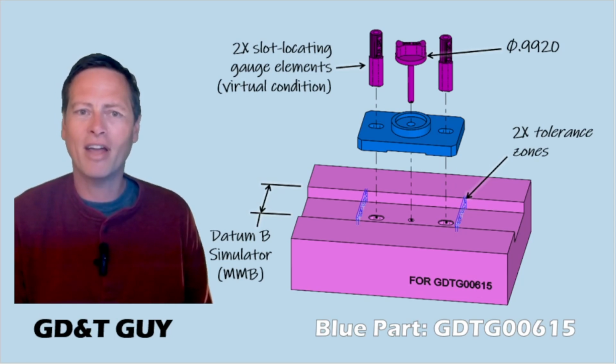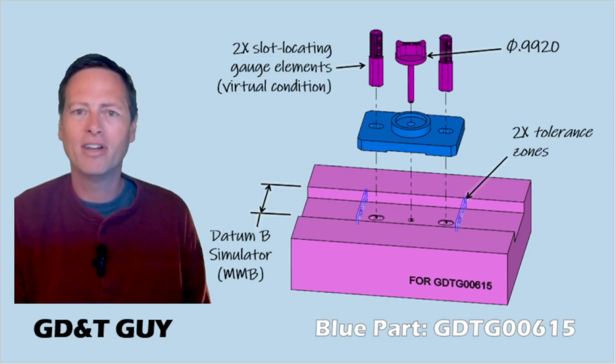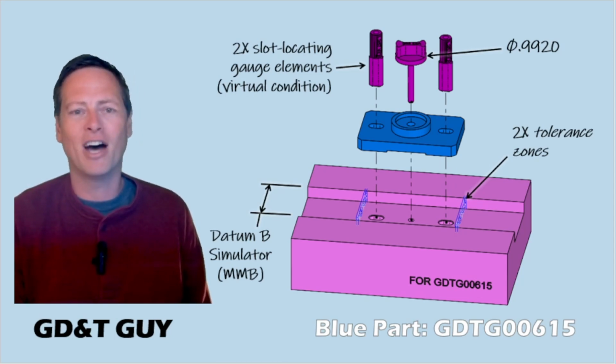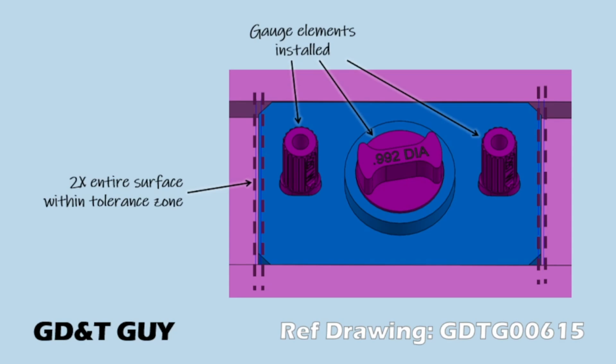Instead of having to think about how this interacts with a datum simulator, we're just saying that every element of those surfaces must lie within the tolerance zone. Here's another look at it with the blue part and the gauge elements installed. I drew some purple dashed lines over the planes of the tolerance zone, hopefully to make them a little bit easier to see. If we were forced to be practical about the gauge, maybe we would have to start saying it's